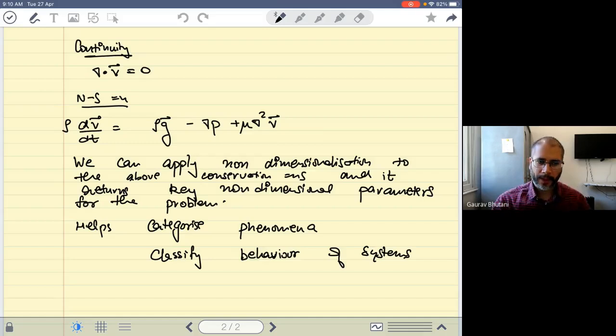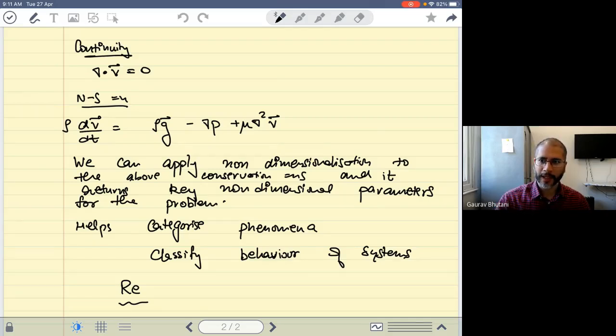As an example, we'll see very soon in this lecture that fluid flow problems are sometimes only a function of something called Reynolds number. So for different values of Reynolds number, the system may behave differently. So for example, if the Reynolds number is below 2500, then the system behaves in a very ordered way, a very laminar layered way. But if the Reynolds number increases beyond 2500, then we see that the behavior of the system is very turbulent, very disordered, a lot of mixing happening in the system.